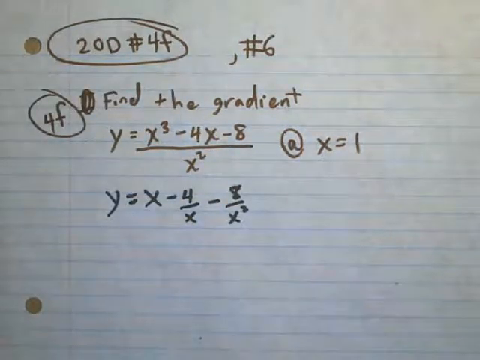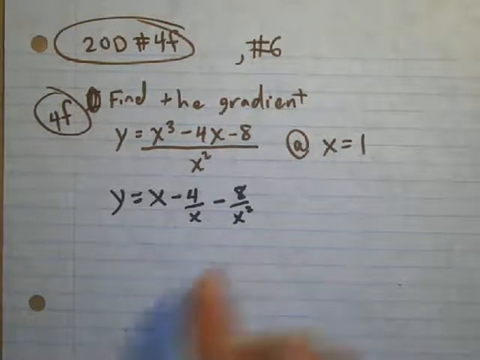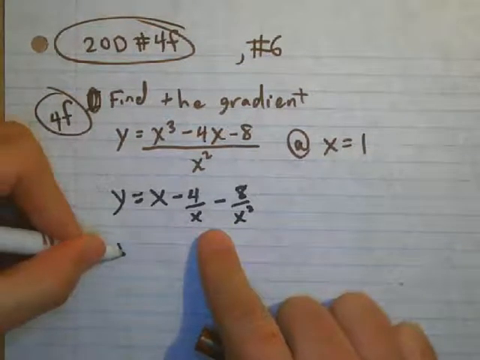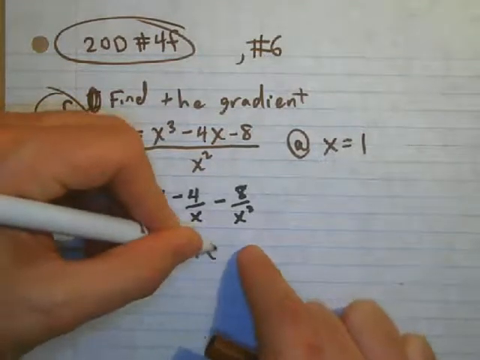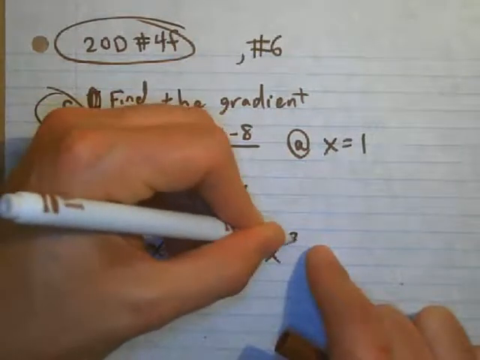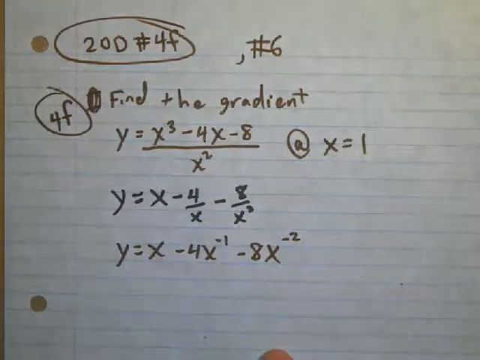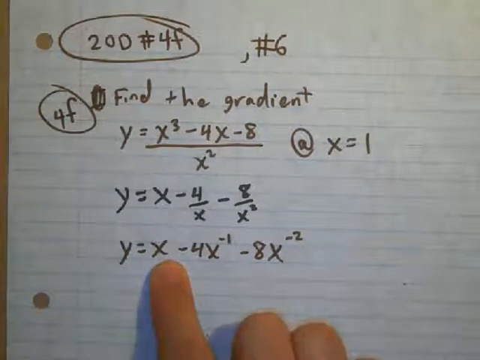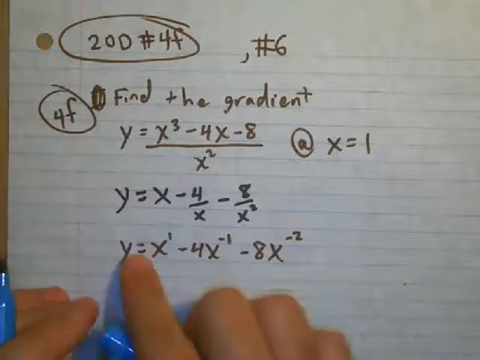Now I don't like these denominators, so I'm going to change it to a negative exponent. So I've really got y equals x minus 4x to the negative 1 minus 8x to the negative 2. And if I want to find the derivative of this, remember the power decreases by 1, and so this is the power of 1. And then the coefficient comes to the front. So I end up with,